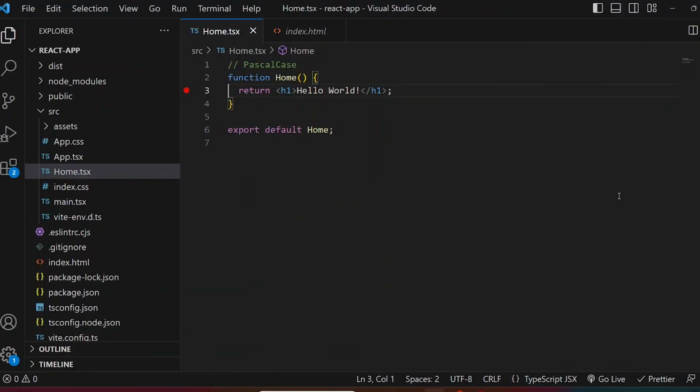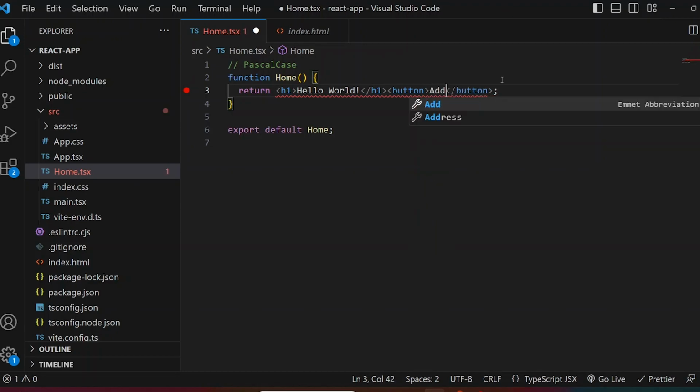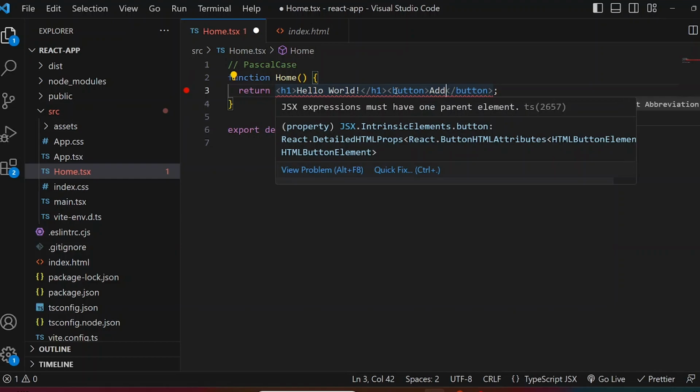In this video, we are going to look at the React fragment. Let's add a button element here, and I am naming it as an add button. And you can immediately see a compilation error, and it is saying that JSX expression must have one parent element. Why is that? In the previous video, I told you how this JSX gets converted into JavaScript by the Babel